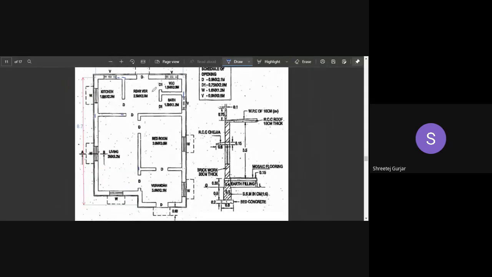Okay, so what we'll do is we will move on to the calculation of quantities. Scrolling up to the plan and then explaining and then going down will be difficult for me. So what I told you is to keep the sketch ready with you. In this class I will do that, but from the next class, I hope that everyone will keep the sketch ready so that it will be easy for me to explain and for you to understand.